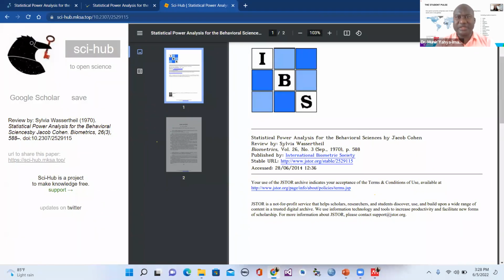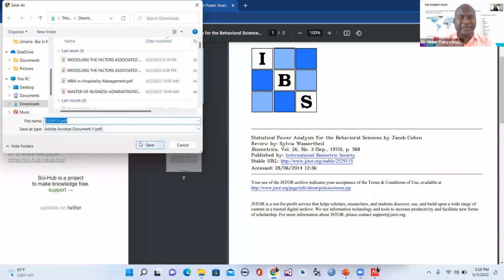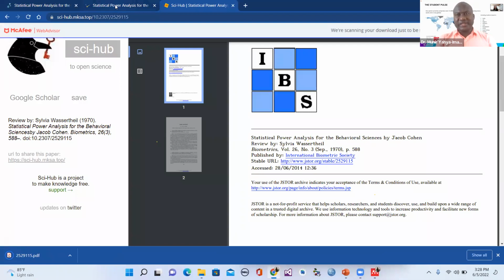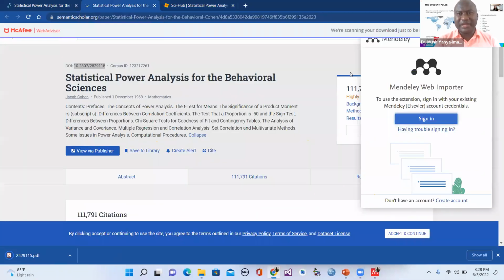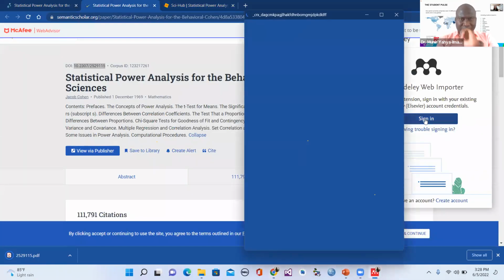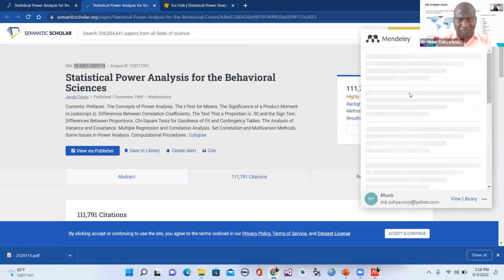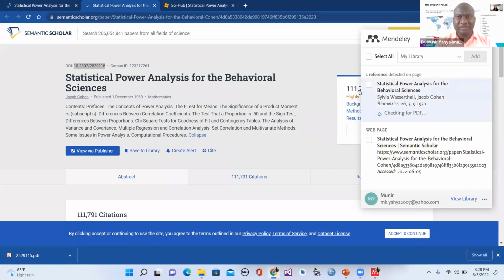So from there, I can just download. I have it here. Okay. So with that, I can straight away download it. I mean, I can add it to my Mendeley reference manager. And of course, I think I had an issue with my VPN. Yeah, that was why it was giving issue. So now,